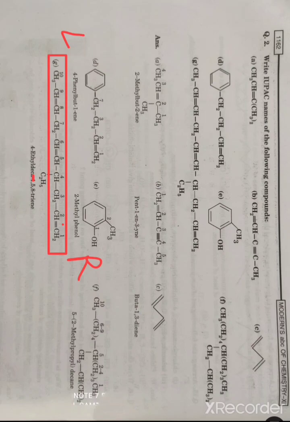And if the sum is the same, then you check the substituent where it gets the minimum position. So when you do this one, how do we name it? Because here 10 carbons are in the main chain, the word root is dec, and the double bond is between the first and second carbon, therefore 1. Between 5 and 6 there is one, therefore we use 5 in the name. And between 8 and 9 there is one, therefore we use the number 8 here. So 1,5,8-triene, and here there is a substituent on the 4th carbon, therefore 4-ethyl.